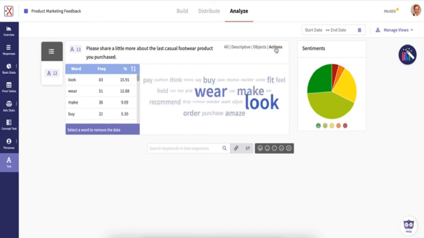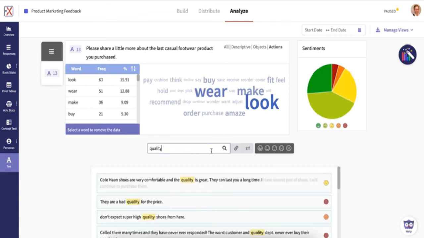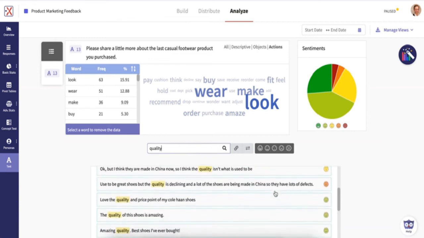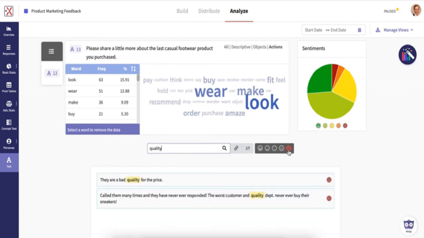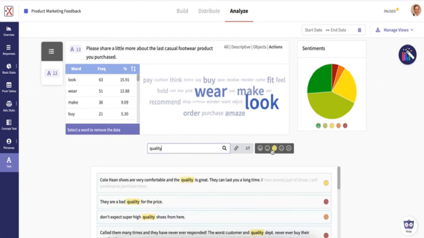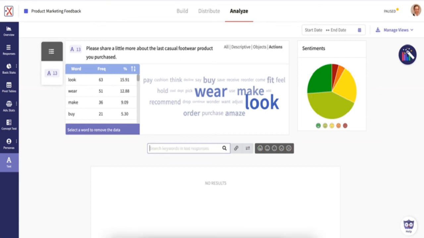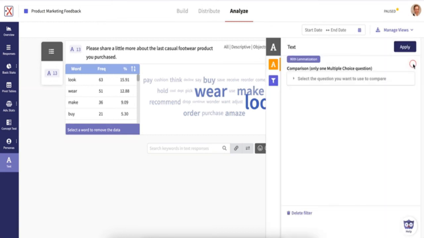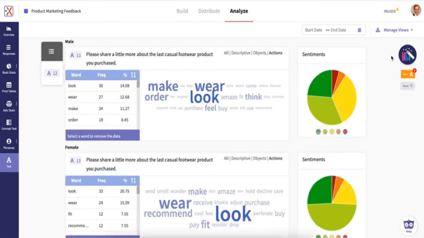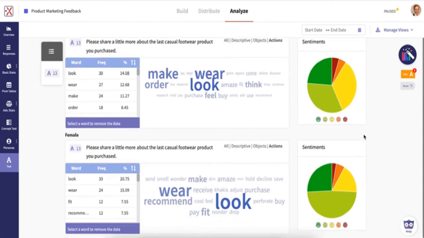Looks like it's playing. So just quickly categorizing things here with frequencies and being able to toggle through adjectives, nouns, verbs, and that type of thing. Searching through text for certain topics that come up, or things that you want to see highlighted and floated to the top, or dig into and look for, and obviously the sentiment there, in aggregate or per statement as well, and then being able to break out text responses